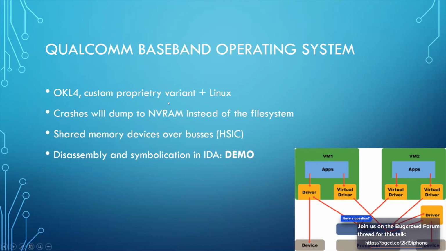I also discovered that crashes will jump to environment RAM instead of the file system, which makes it a lot harder to fuzz, because you won't be able to see the crash logs. You won't be able to see what registers contain values, so you won't be able to identify and debug crashes when they occur. They probably did this because they do not want their firmware to be analyzed and their architecture to be broken in a malicious way.